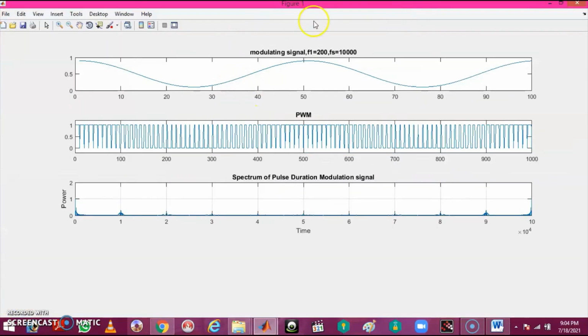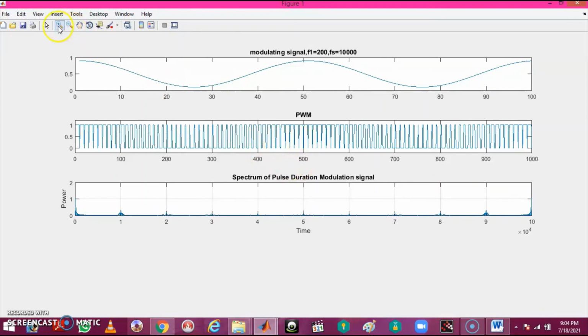Only the modulating signal, pulse width modulated signal, and the spectrum. Since you are directly using the modulate function for PWM, you are getting only the three outputs, that is the modulating signal or message signal, the pulse width modulated signal, and the spectrum of pulse width modulation. Another name of pulse width modulation is pulse duration modulation. Okay, so this is the output.